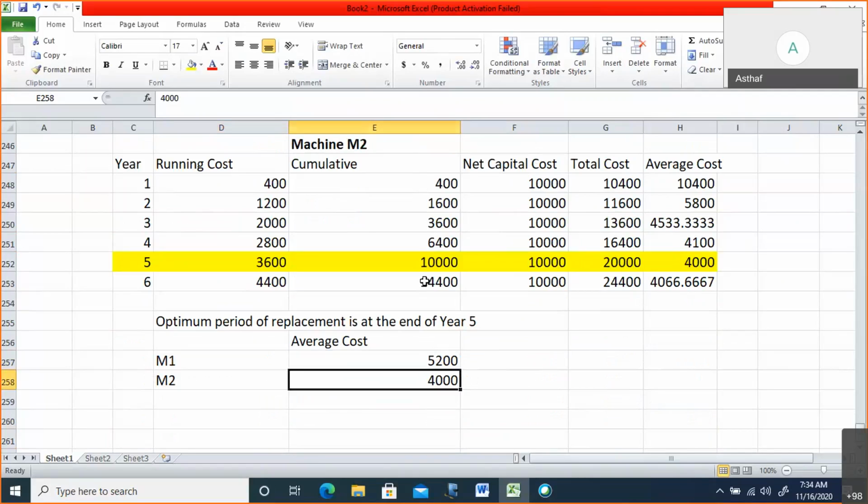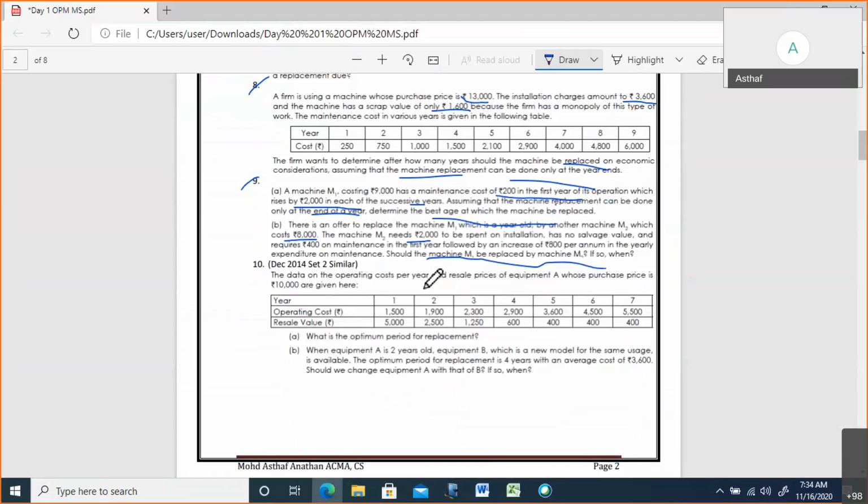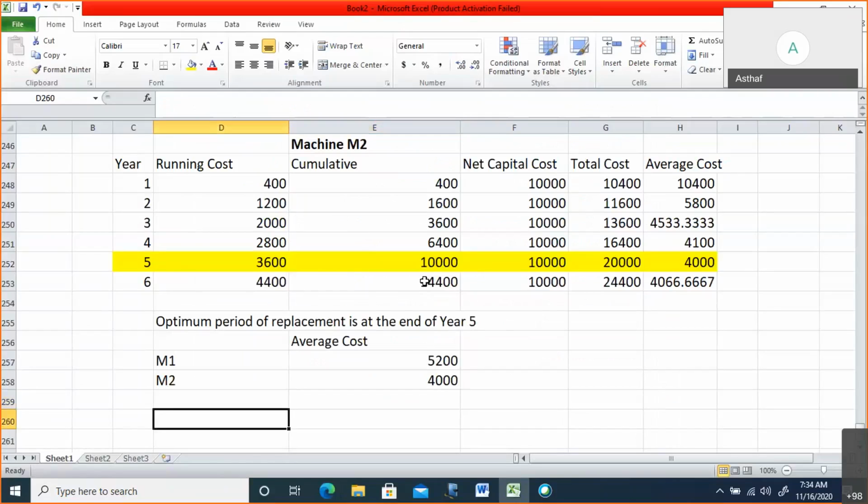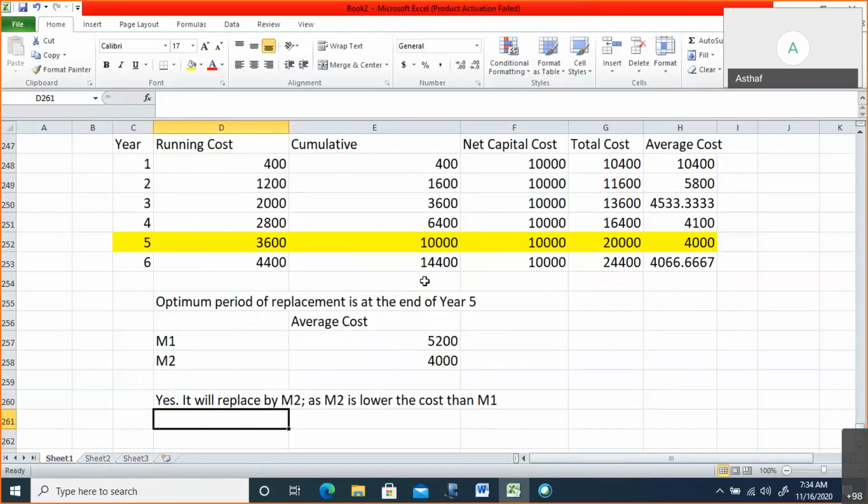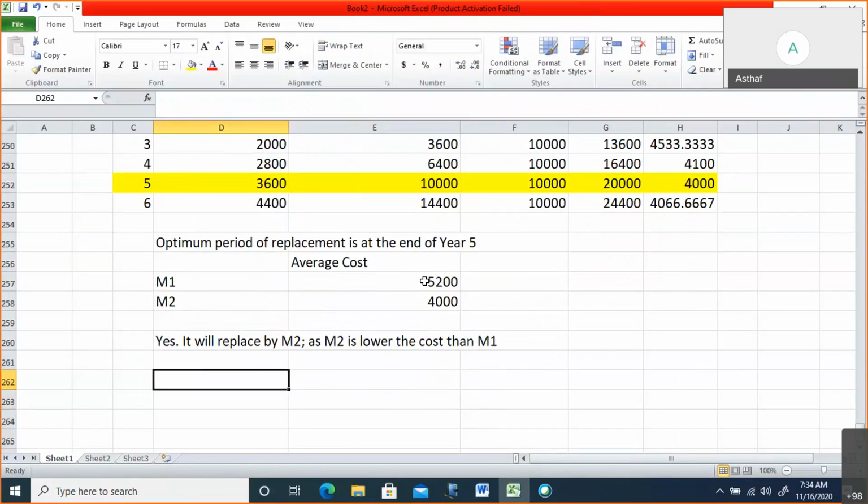Yes, my dear friends, you are correct. M2 is cheap. So the question is asking what? Should M1 be replaced by M2? Yes, it will be replaced by M2, as M2 is lower in cost than M1. Next part is